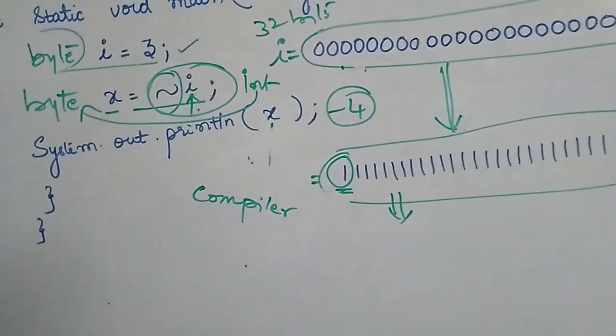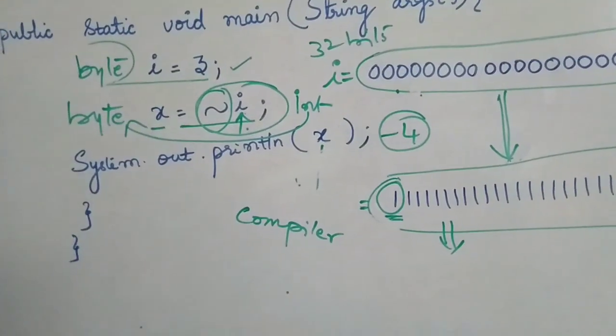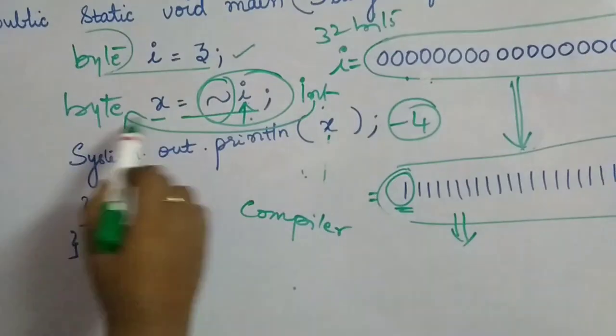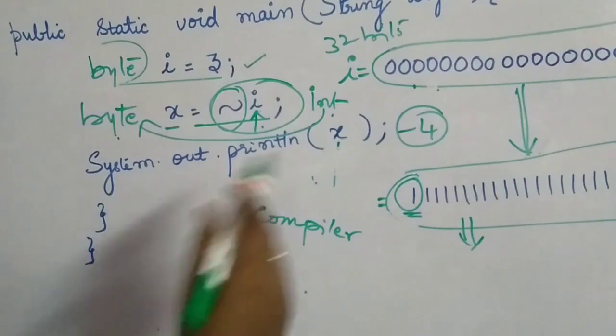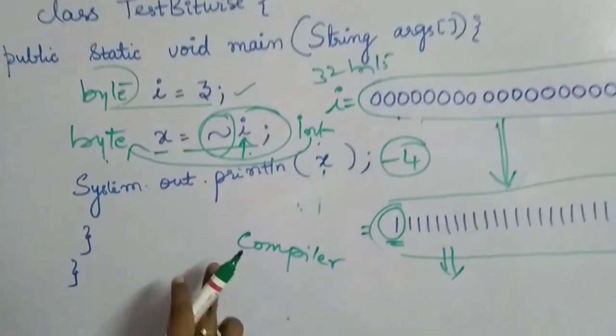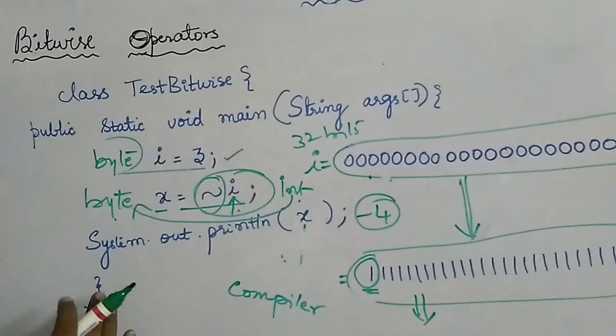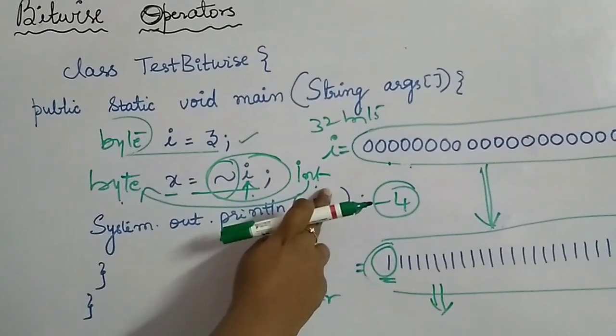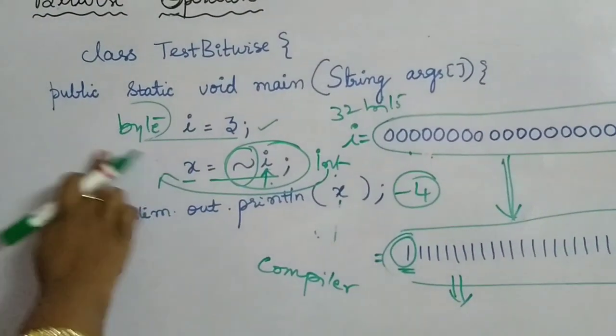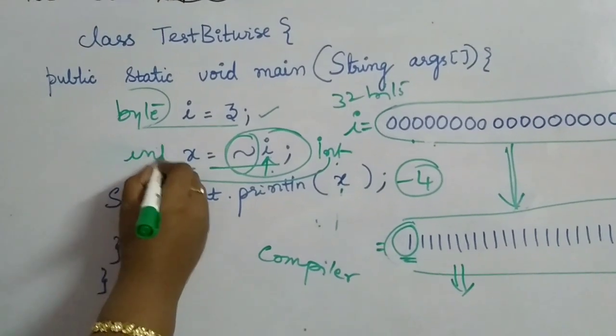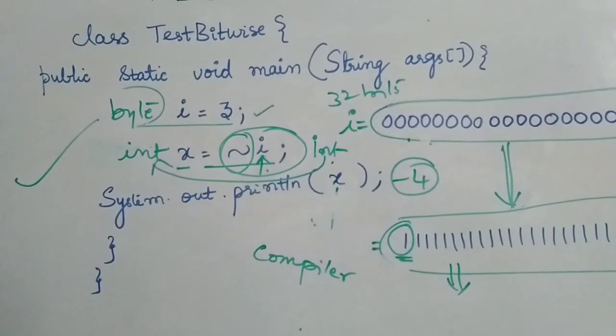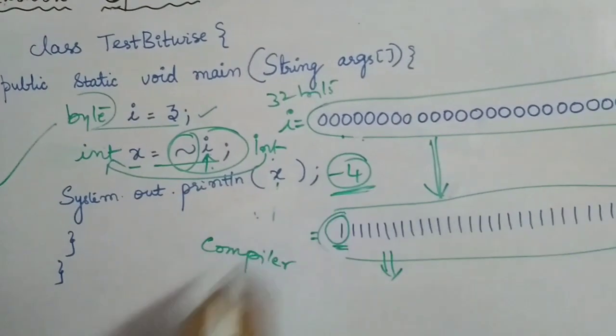So there is a mismatch. Your compiler will say there is a mismatch and you cannot put an integer into a byte. This cannot happen implicitly, so it will ask you to actually change the program. Because it's an int, if you make a modification like putting an integer over here, then this program will execute and give you -4 as an output.